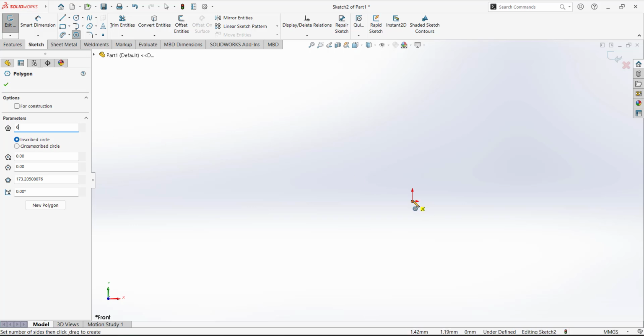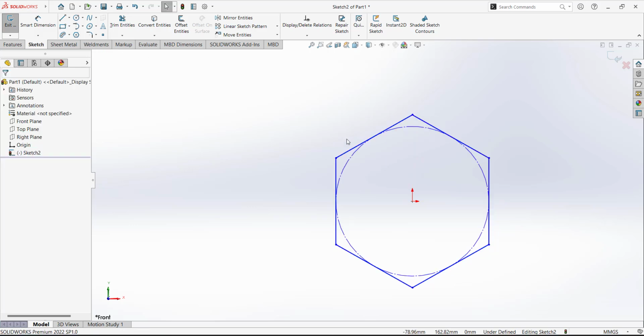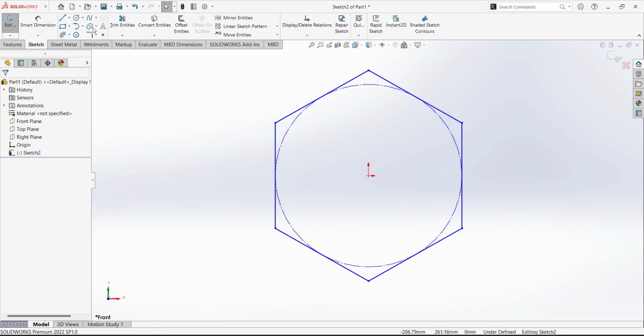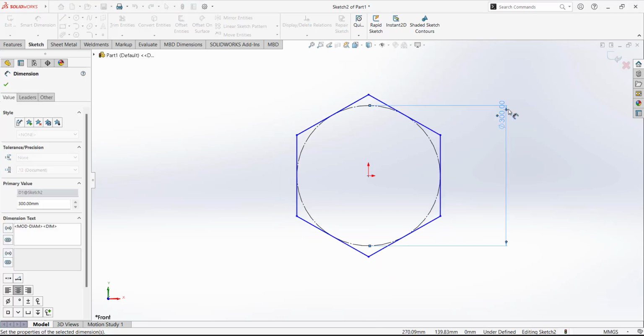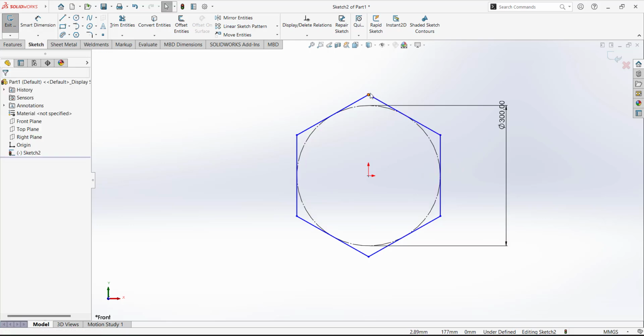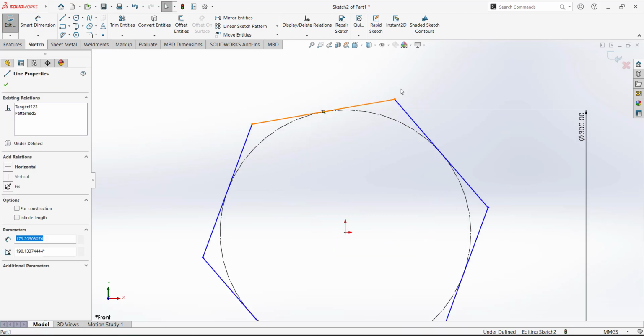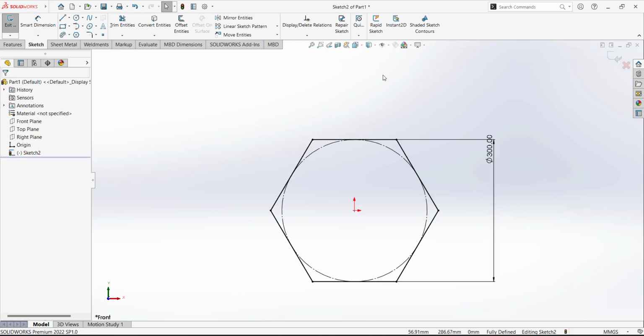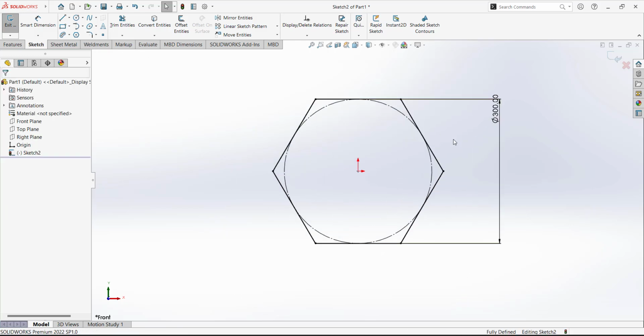I'll start with clicking on the origin point, then clicking on the other side. To define this polygon, I have to give the diameter of the circle first. I'll put up the diameter as 300. And then to stop this rotational movement, I'll give one relation here. Depending on the orientation of the polygon I require, it may be horizontal at the upper side or at the pointed side. So I'll take a horizontal upper side and put the relation on this line as horizontal. Now you can see that the polygon is fully constrained by giving one dimension and only one relation to any side